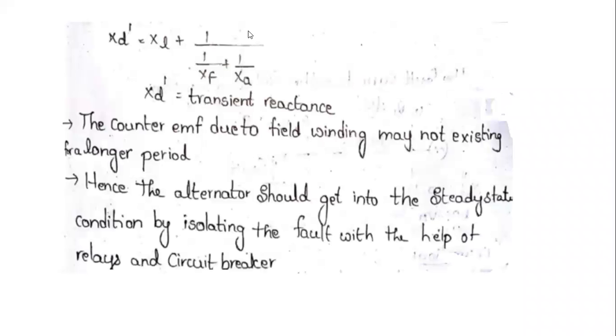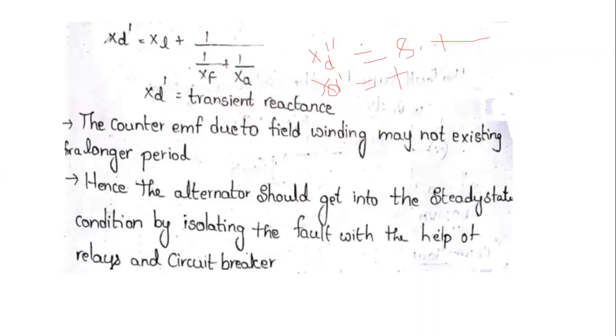Next, what is the formula for that XD? XD dash is the transient reactance and XD double dash is the subtransient reactance. Okay, when we are removing the damper reactance, then the XD dash, the transient reactance, is equal to XL,